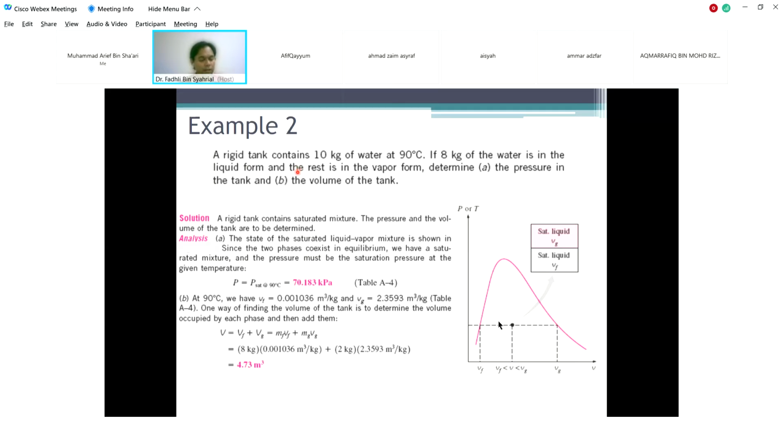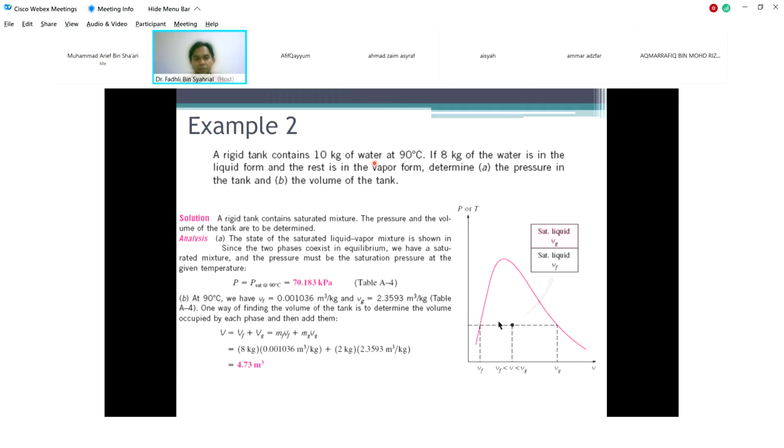So here V1, the first information. What we have to write is V1 equal to V2, volume 1 equal to volume 2, volume initial equal to volume final. Next information is 10 kilogram. This is M total, the mass. You can write M equal to 10 kilogram, or MT, M total, equal to 10 kilogram.